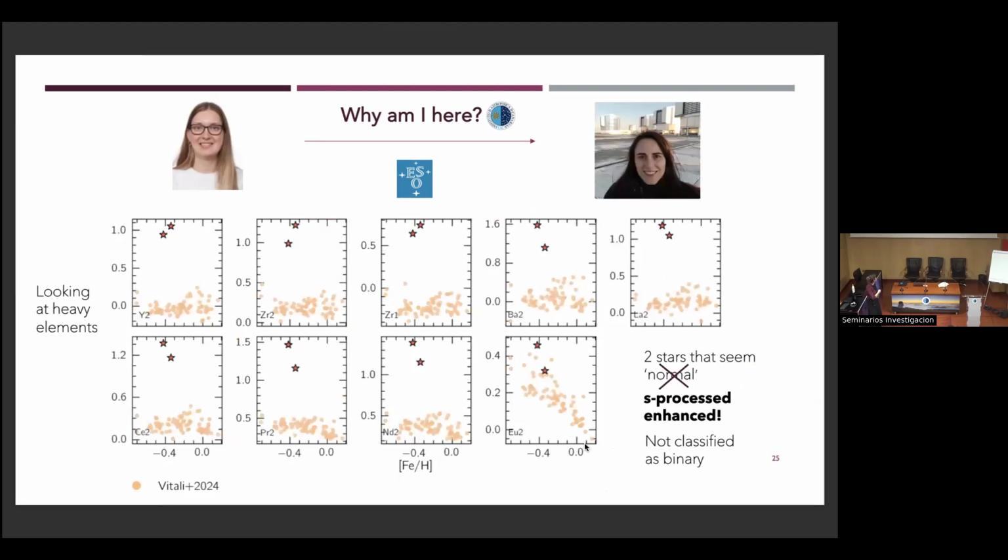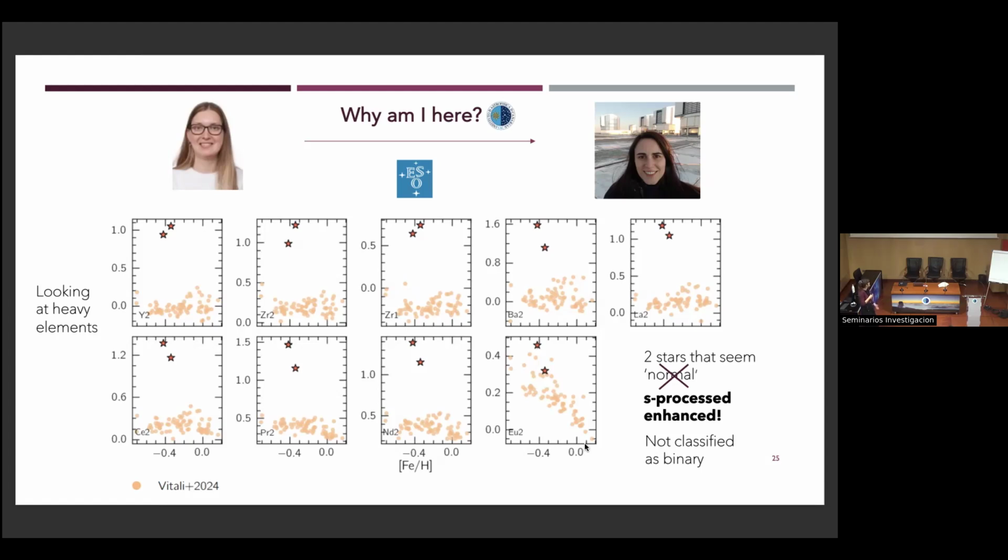And so after we checked that I did not mess up my spectral analysis, then we agreed that these stars are obviously s-process-enhanced. So we said we discard them for this work, but why don't we go and ask Anna,